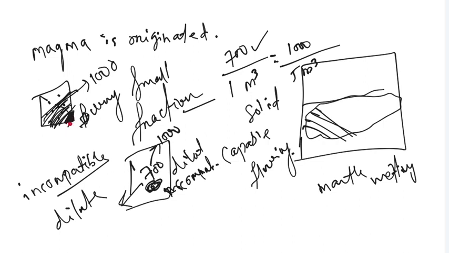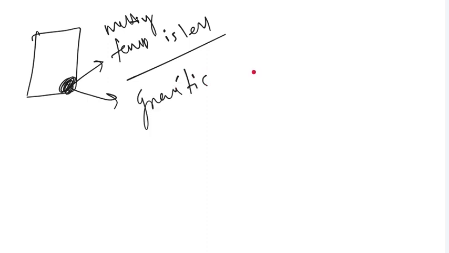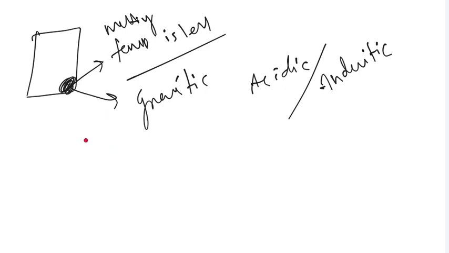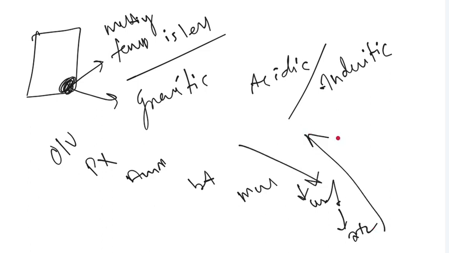थोड़ा सा मेल्ट कर रहा है, तो ये एनरिच हो जाएगा। नाउ द थिंग इज, थोड़ा सा मेल्ट कौन करेगा, वही करेगा जिसका मेल्टिंग टेम्परेचर कम है, मेल्टिंग टेम्परेचर इज लेस। जैसे कि पोटासियम हो गया, कैल्शियम हो गया, जितना भी एसिडिक कंपोनेंट्स हैं, तो ये मेल्ट में बी ग्रानिटिक, और यू कैन से एसिडिक, or andesitic, because you know the crystallization sequence, okay, olivine, pyroxene, amphibole, biotite, उसके बाद moscovite, then your potash feldspar, quartz, okay। सो ऐसे क्रिस्टलाइज होता है। तो जब मेल्ट करेगा तो उल्टा करेगा ना, कि क्वार्ज पहले मेल्ट होगा, ठीक है।